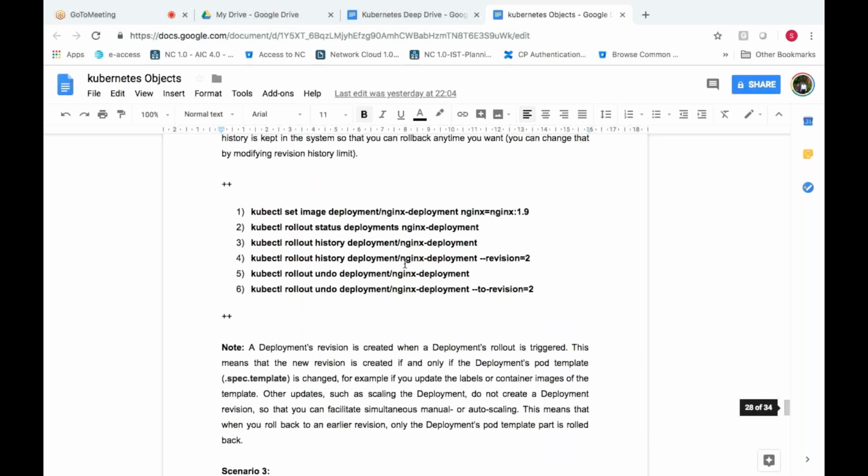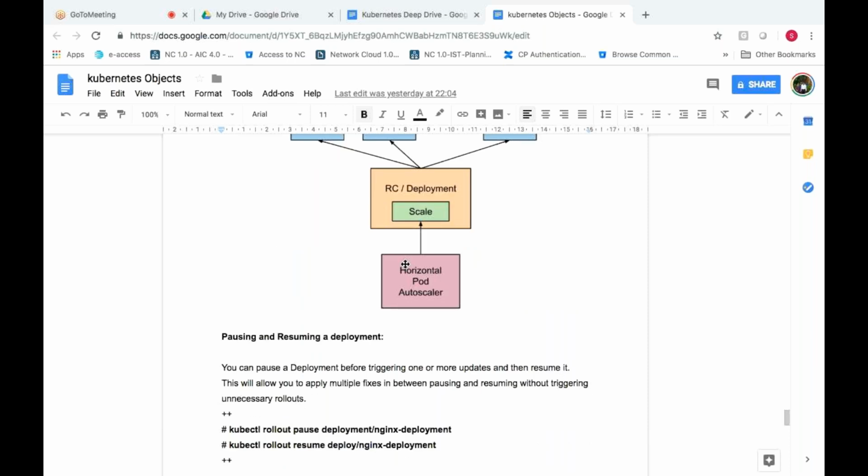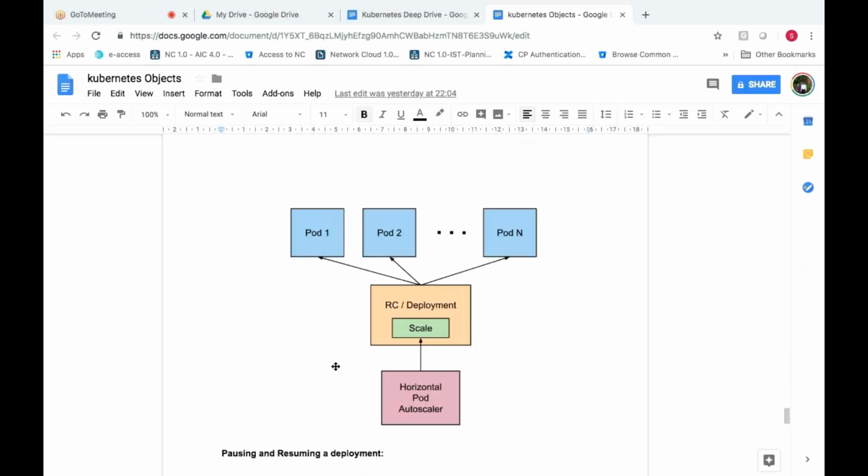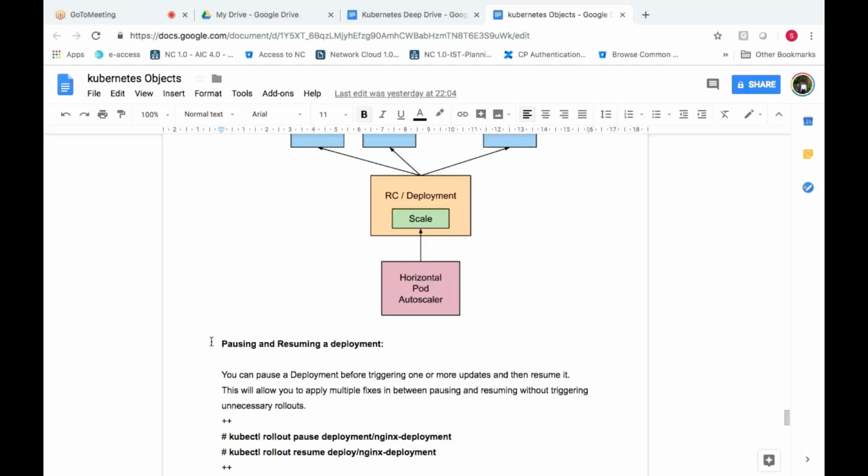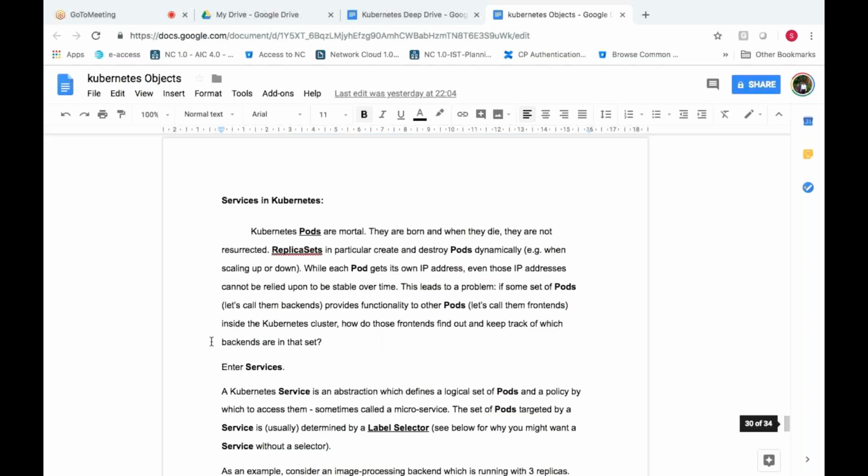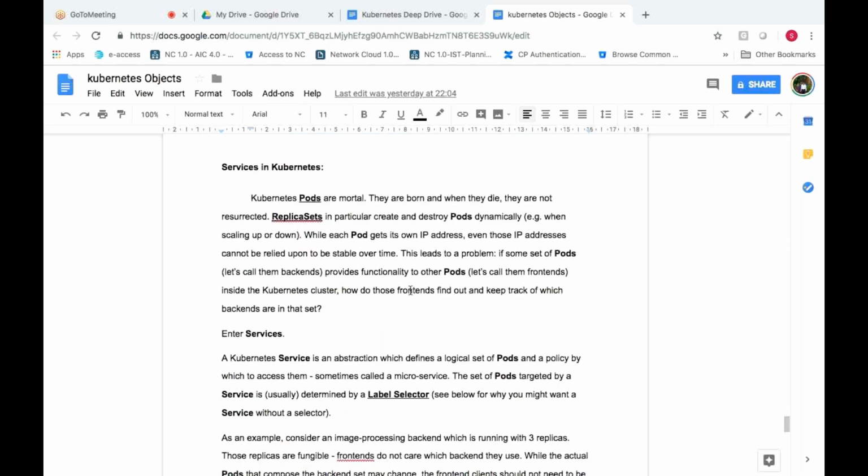Horizontal pod autoscaling is kubectl autoscale only; it is called horizontal scaling. Now, service in Kubernetes. Logically grouping multiple pods together under one platform is called a service. By default, a deployment will use a replication set.